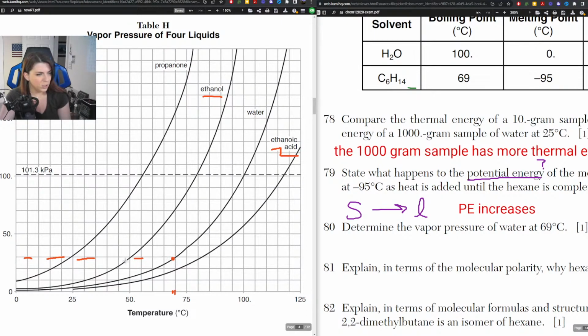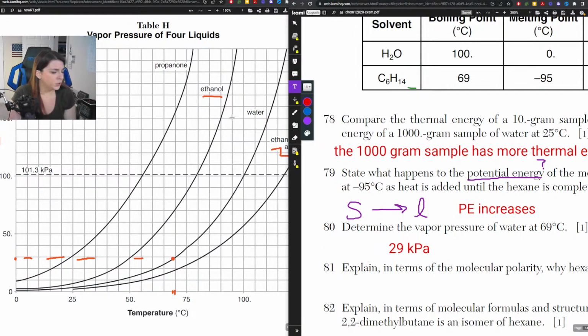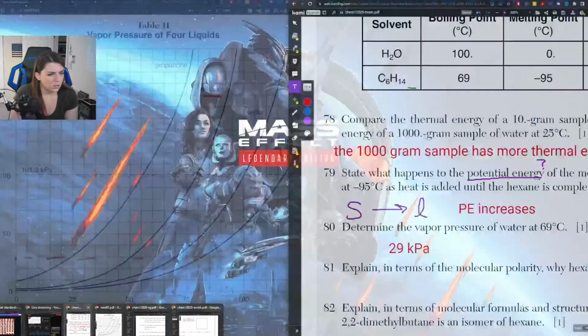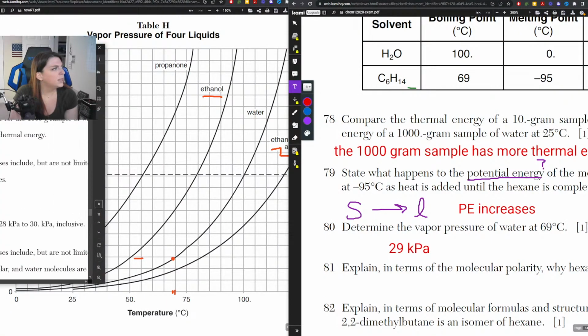And it's actually a little bit lower than this line. So I'm going to say it's like 29 kilopascals. That's what I want my answer to be. I want to see what the range is in the answer booklet. Or rather, the key. Where are we? Okay, so if we look at this,